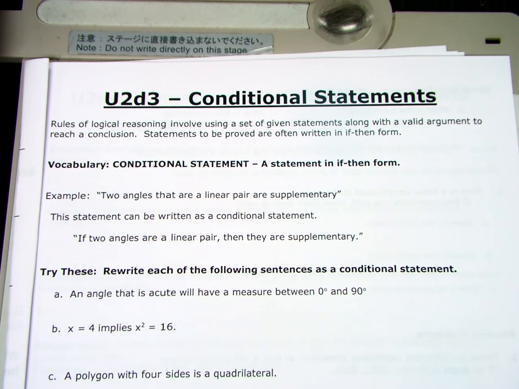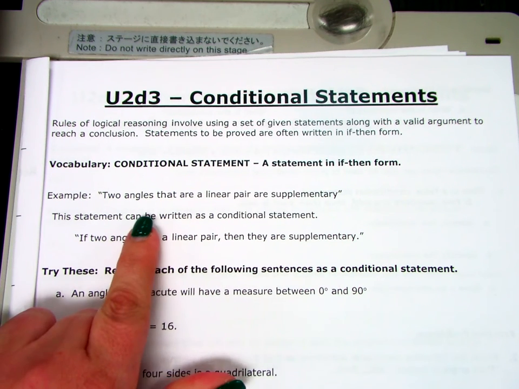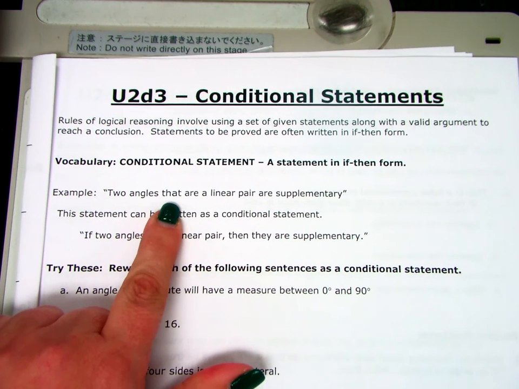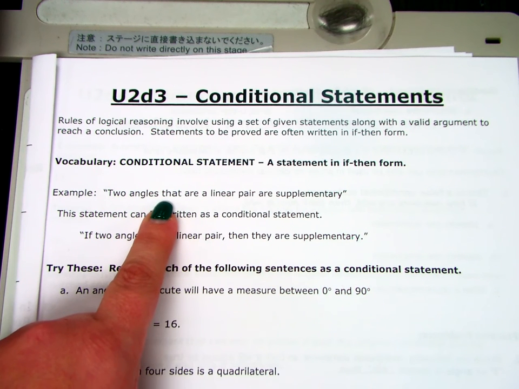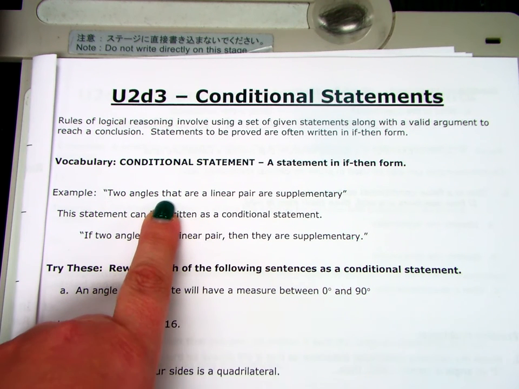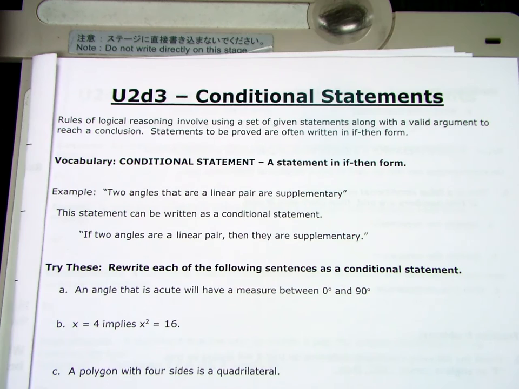Right? You test things out. You say, what if this happens? Oh, this was the result. Okay? So, for example, I could have the sentence that says two angles that are a linear pair are supplementary. We know they also have to be adjacent, but this is a true statement. Two angles that are a linear pair are supplementary. If I wanted to make this a conditional statement,